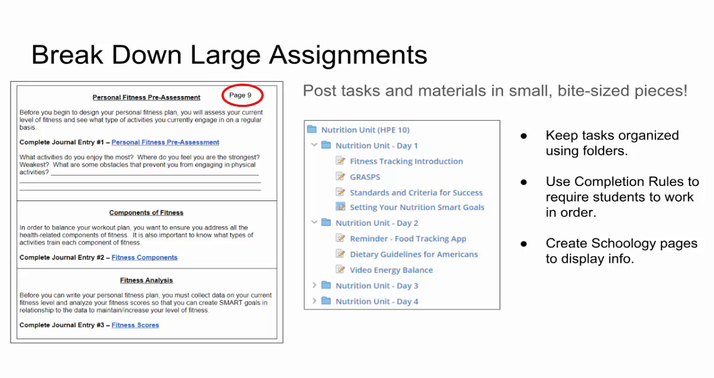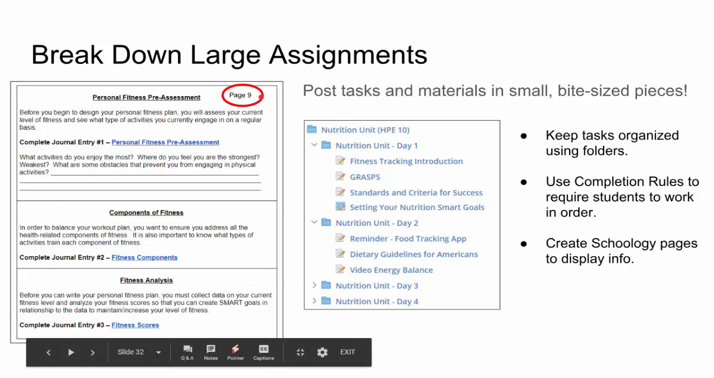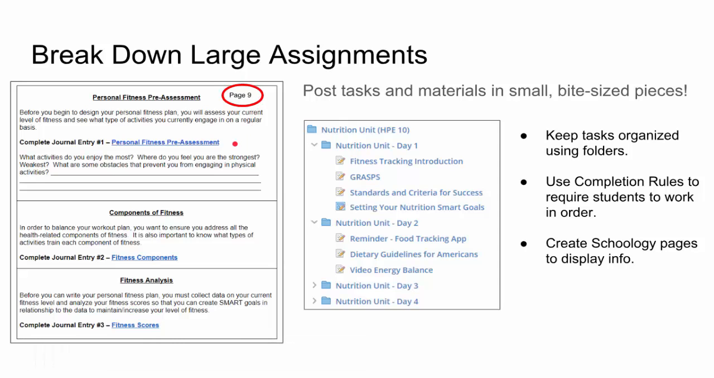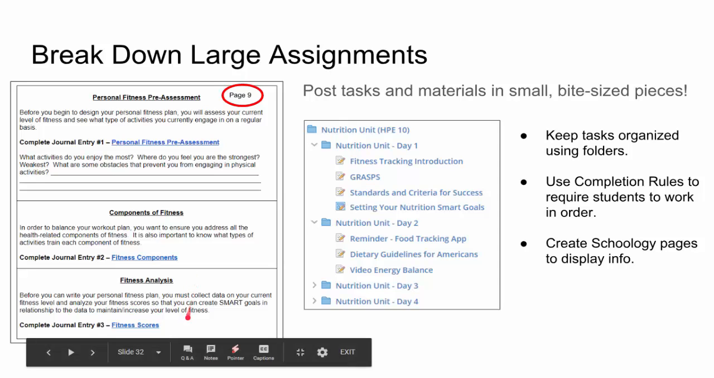This is actually page 9 of the document. It had a bunch of linked documents that linked to this personal fitness pre-assessment, journal entry number 1, journal entry number 2, and journal entry number 3. The problem with these documents is that they were links to Google Docs, so students had to open that link,